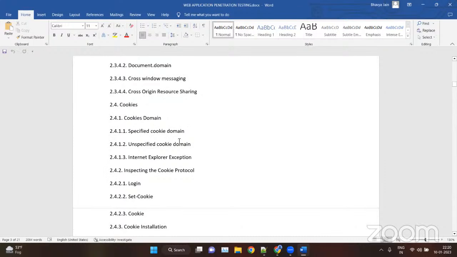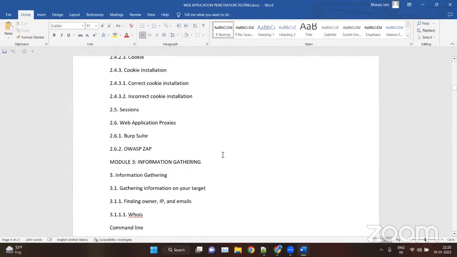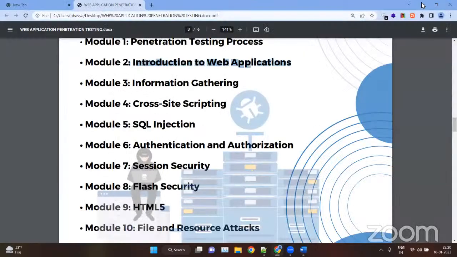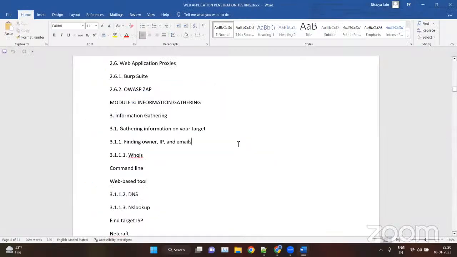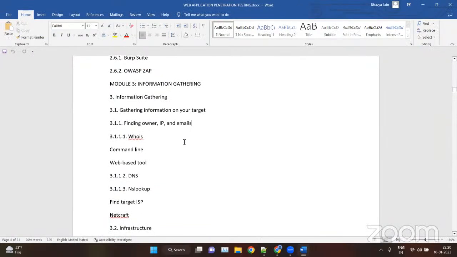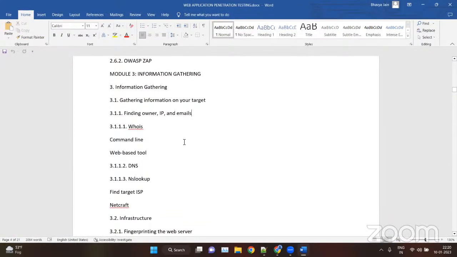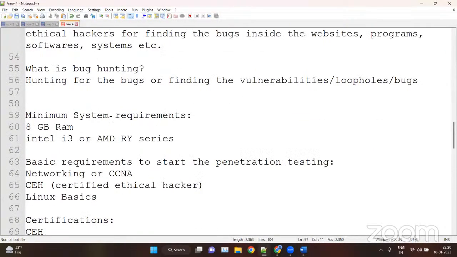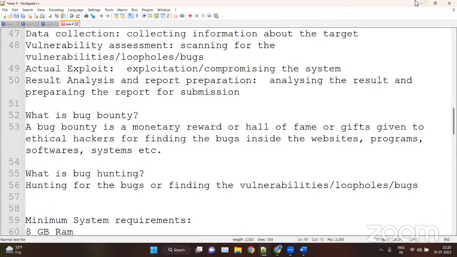Then we will see information gathering, module number 3. In this session we will discuss all the information gathering tools and how we can gather information using them. It is the very first step of the methodology, meaning data collection.